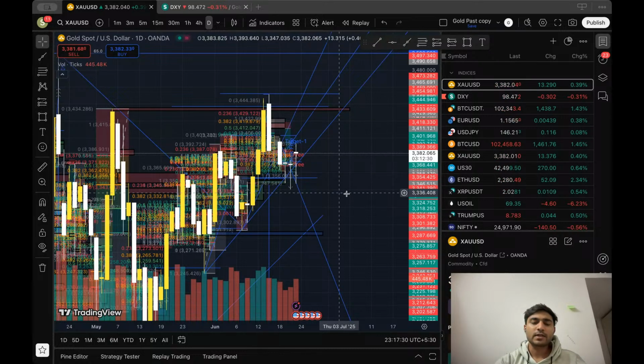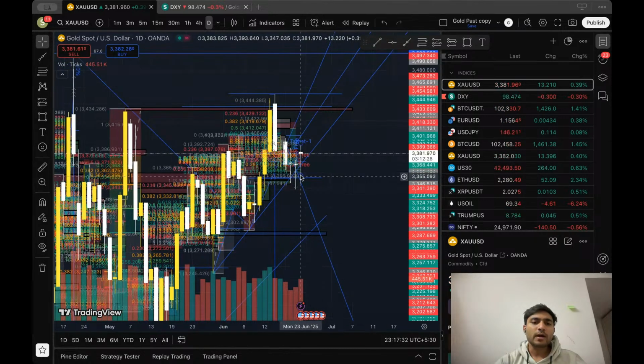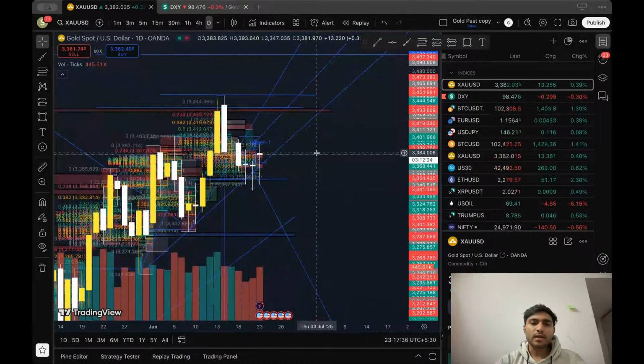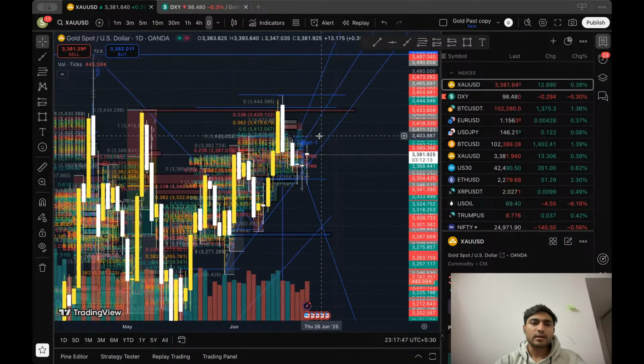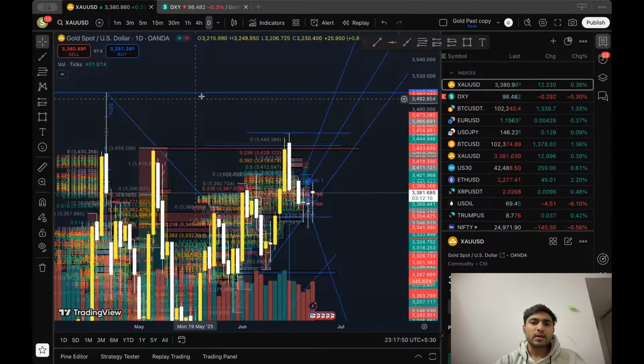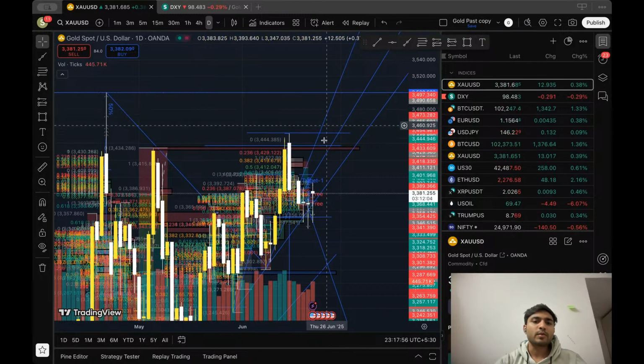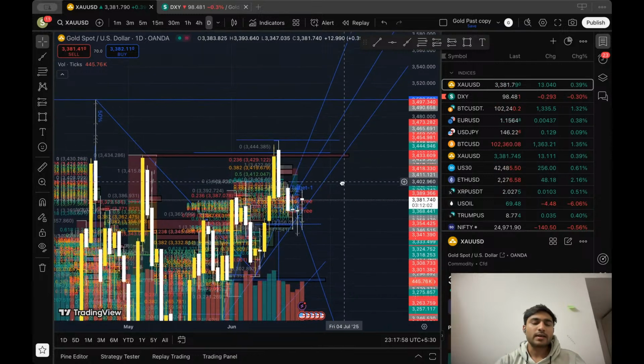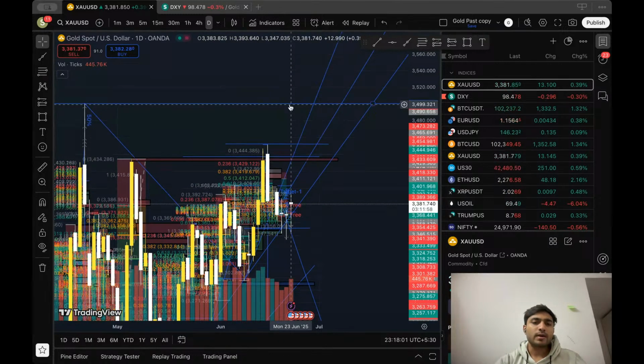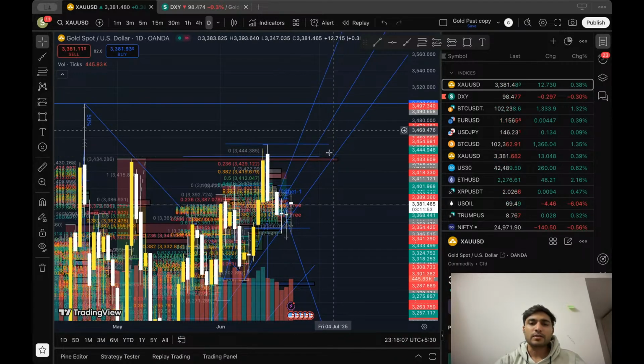So 411 where we have a selling level, but the market is currently indecisive. If today's candle closes above this, which is 403, then it is a bullish indication. Then it could possibly take out 500. I don't think it would take out. It would maybe consolidate. So I think it would go up to here. Maybe it tests the 500 and it will consolidate at these levels. I probably think that would happen, but